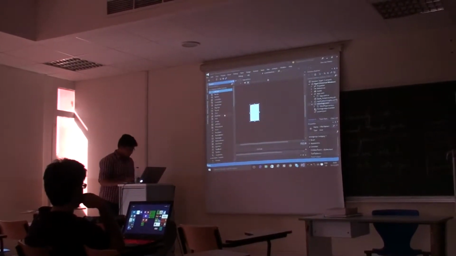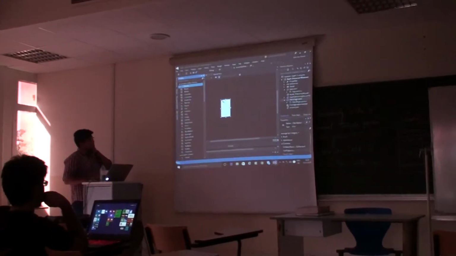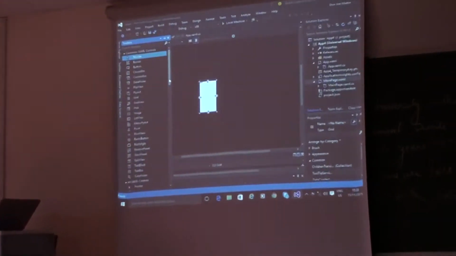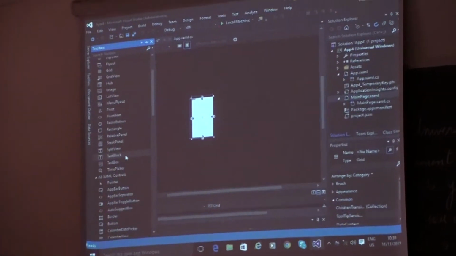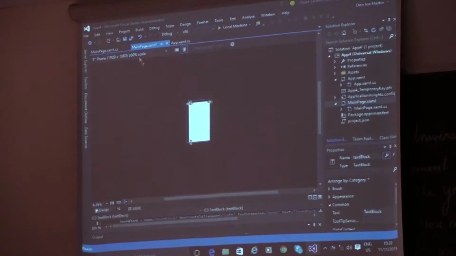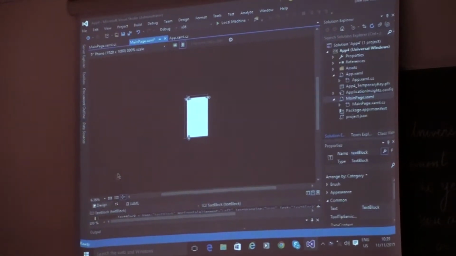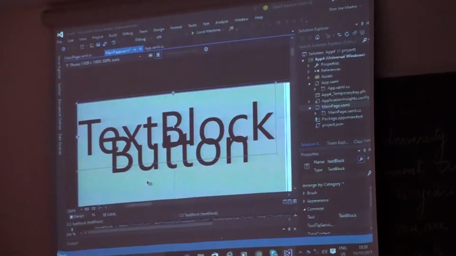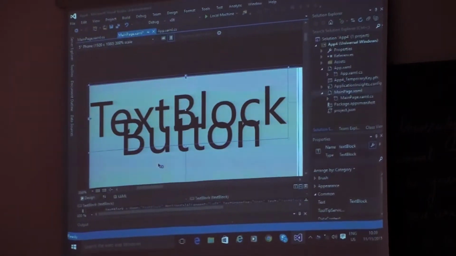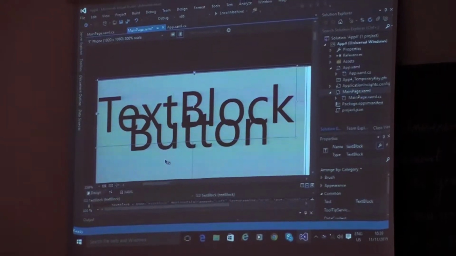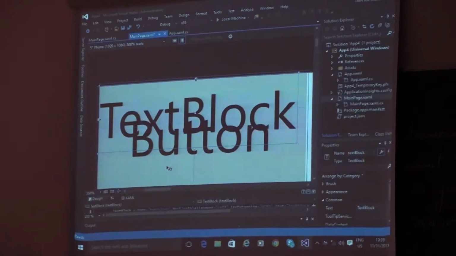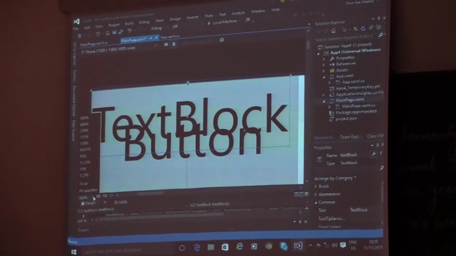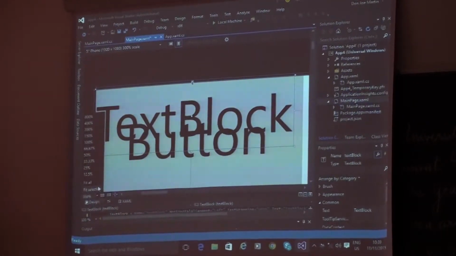Cool? So for now, we have added a button. And then we'll keep grid for the moment. We'll add a text block. Right? Now, once we zoom into them, as you can see, since the default orientation is top left, both of them are pretty much overlapping each other, so you can't actually see any difference. And also, there is another problem.